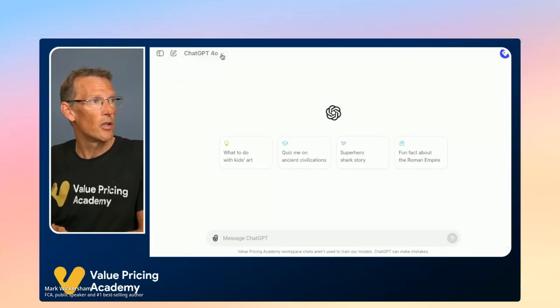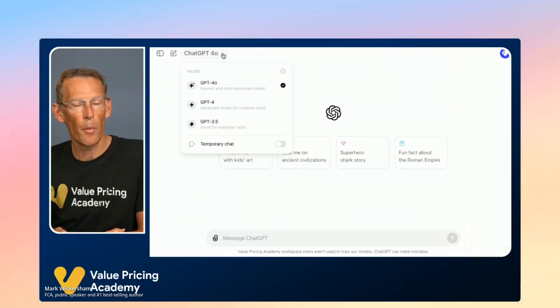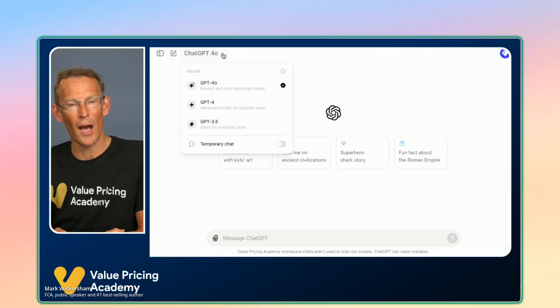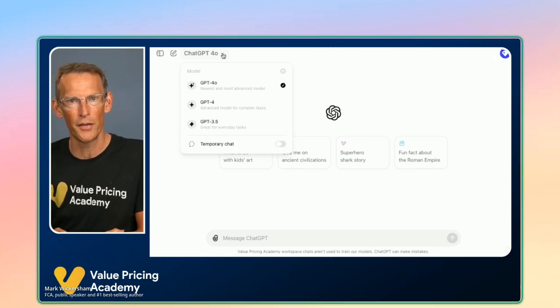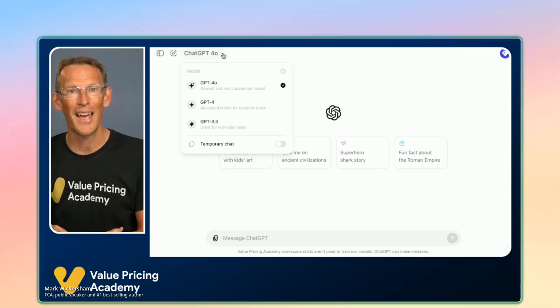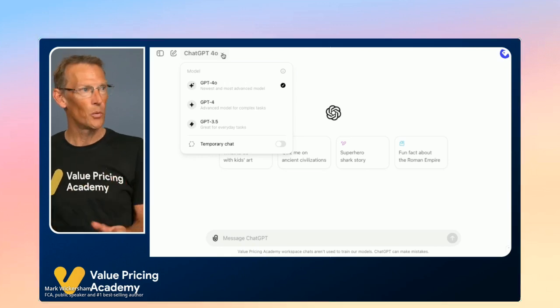When you start a new chat, you also have a choice of different models, depending on whether you're paying for your account or not. Now, up until May, if you're on a free account, you could only use ChatGPT 3.5, which is their most basic model. But the great news is in May of this year, they launched their most powerful model, 4.0, the O standing for Omni. GPT-4 Omni was released in May, and they decided that as well as it being its most advanced model, they'd also make it available on the free account. So the great news is if you're on a free account still, you can do things that you couldn't do before May, which is extraordinary.